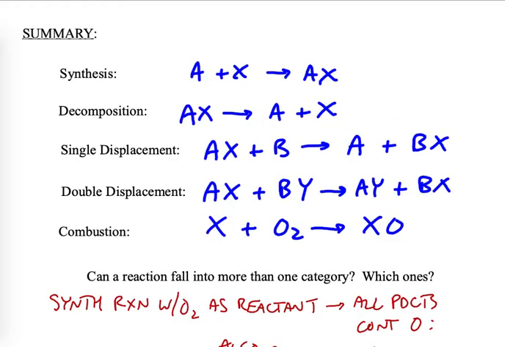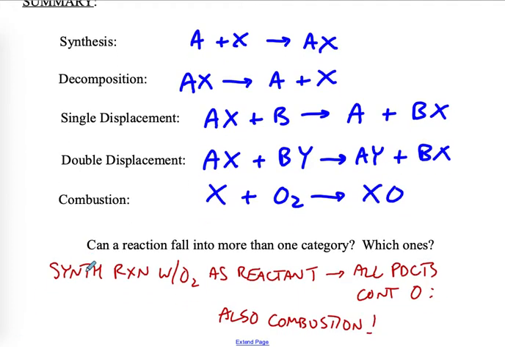Clearly, combustion, in which we combine something with O2, is an oxidation reduction reaction. That was our earliest definition of oxidation, combining with oxygen to form oxygenated products. Now notice also that in this reaction, oxygen starts with an oxidation number of 0 and ends up with an oxidation number of -2. Well, that kind of implies that any reaction that contains a pure element on either side